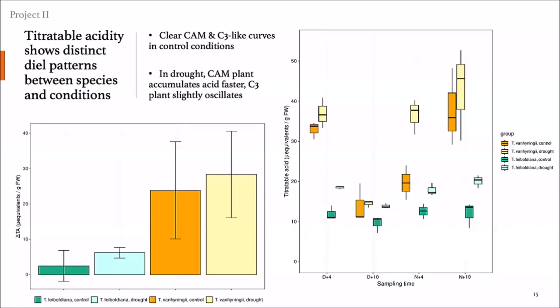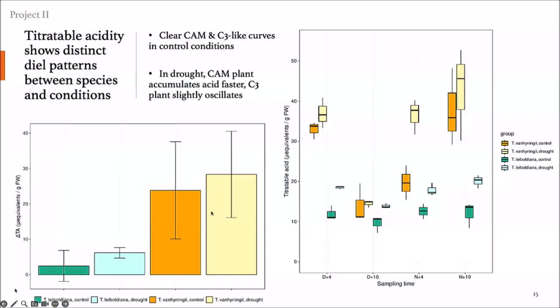And there's a lot of interesting results here. So first of all, let's look at the strong CAM plant. It shows a very obvious depletion and then accumulation at night of malate, which is exactly what we are expecting for a CAM plant. But interestingly, at drought, it doesn't look very different. The only difference is perhaps at this time point a much faster accumulation of malate, but otherwise, also if you look at the delta, so this is the largest